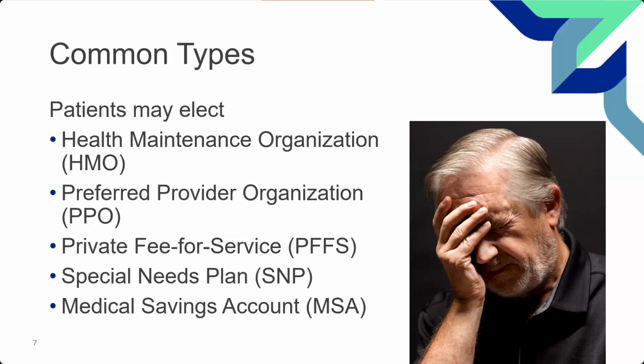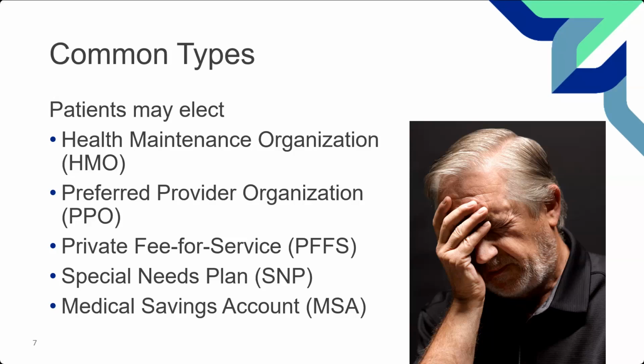There's also the preferred provider organization. And this one is where you get the discounts for using a certain provider that's contracted, but you can see anyone you want. So you may have a certain hospital or a certain doctor that's within their network. So therefore, they pay less. Maybe they only pay 15%, where when they use someone outside the network, they pay 25%. Again, that's all set up by the plan. It's like any other preferred provider organization or PPO.